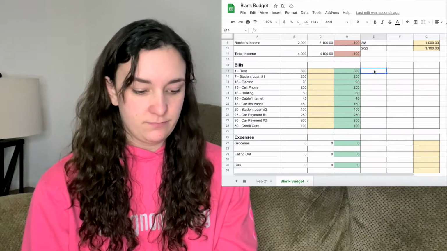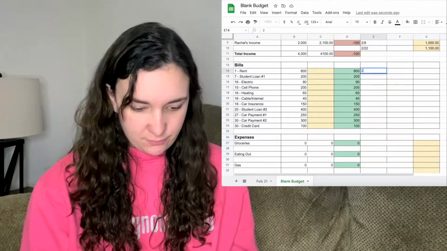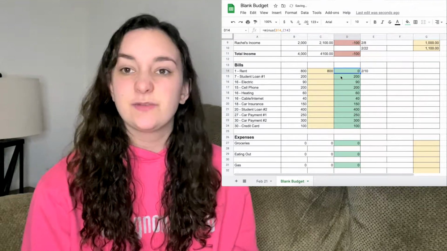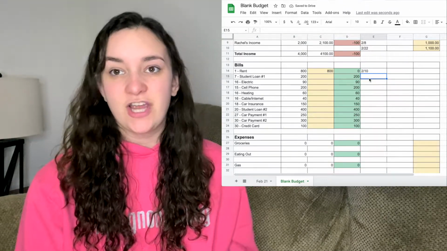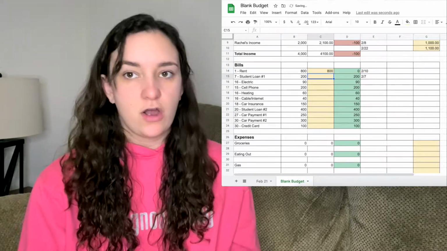So, you know, our rent is due on the 1st of the month, but usually that check doesn't clear till like the 10th. I would put the 10th there and then put how much was deposited. A lot of these we have on automatic bank payments, so I just check it after it went through and do this. And I usually over budget for all of these expenses.